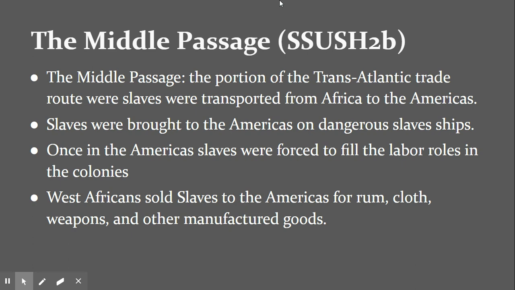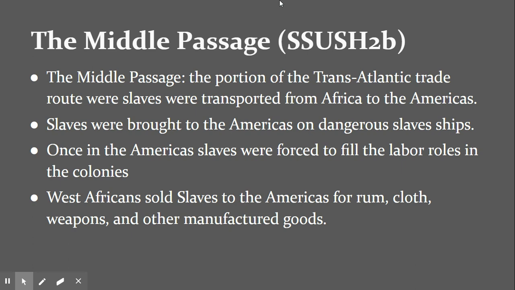So understand that there were slave tribes. Okay, there were certain African tribes who worked with a lot of the Europeans who had settled along the western coast of Africa to gather up these slaves because they made money. Their way to get away from it was to work against their own people and have them brought to the Americas. I'm not saying a lot of them did that, but there were enough of them that it was a way they could make a lot of money. Because whenever these Europeans settled there, they needed someone to tell them, hey, where can we go to do this? That's how they would do it.